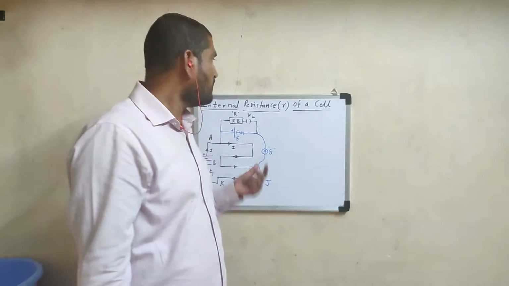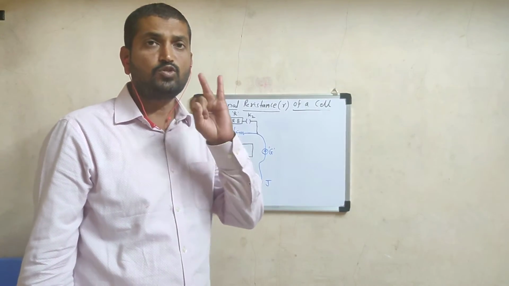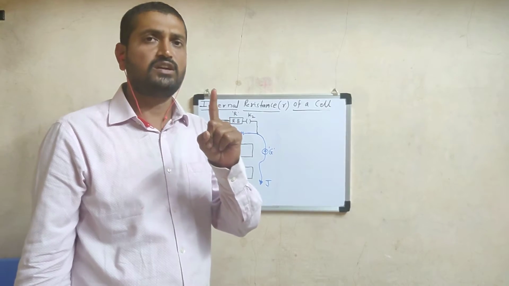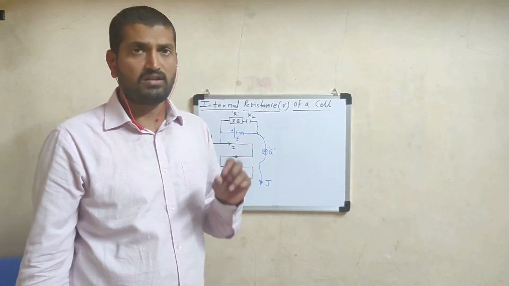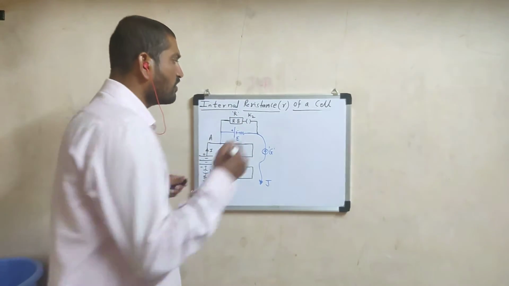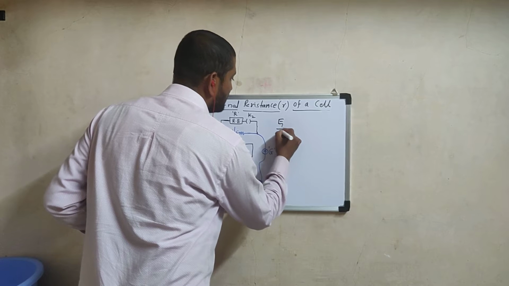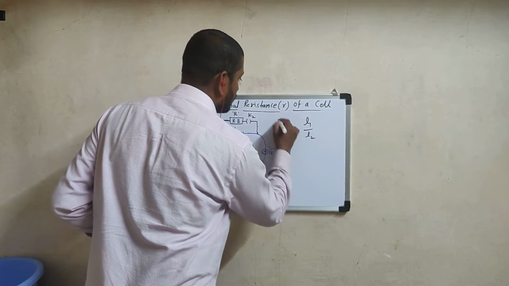Okay, so let us start with the last application belonging to the potentiometer. In the previous two videos we considered the first application, to compare the electromotive forces of two given cells by two methods. First we considered the individual or separate method, in which we got the formula for comparison of EMF of two cells: E1 upon E2 is equal to L1 upon L2.